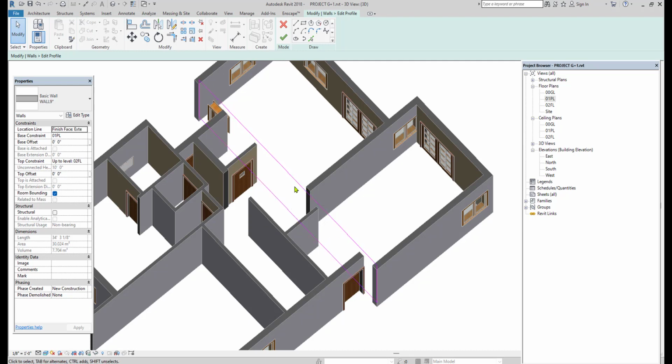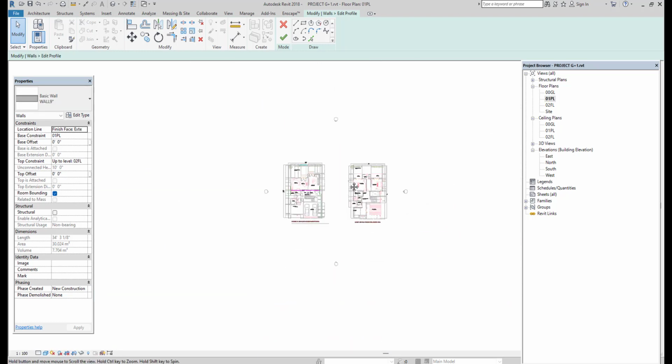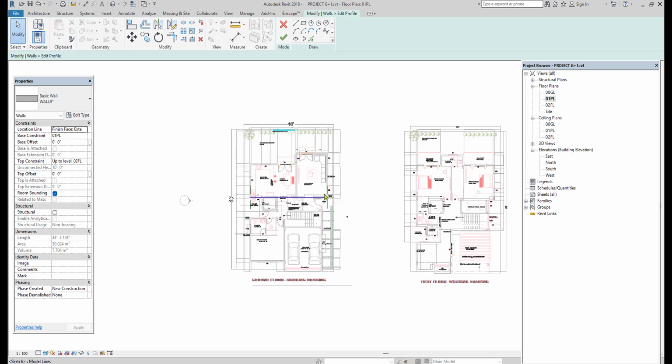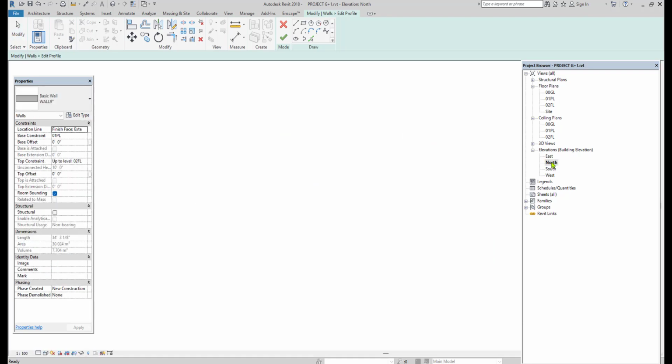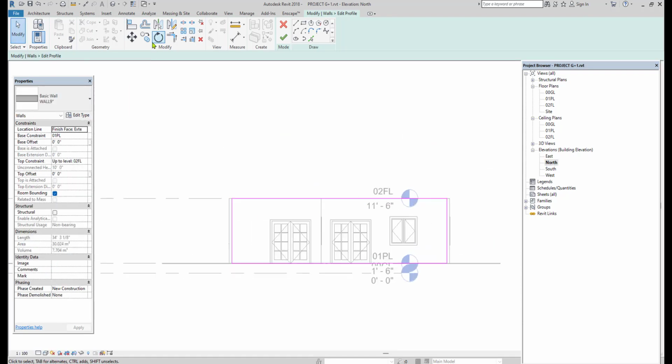Don't edit it in 3D view. We have to go with the elevation. To check the elevation here, as I already told you in the first session, this is the north symbol, east symbol, south and then west. Either we have to go with the north or south to get the exact profile of this wall. So you can go to the north or south so that you get the square shape of the wall like this. And then I am going to provide the opening for this wall.